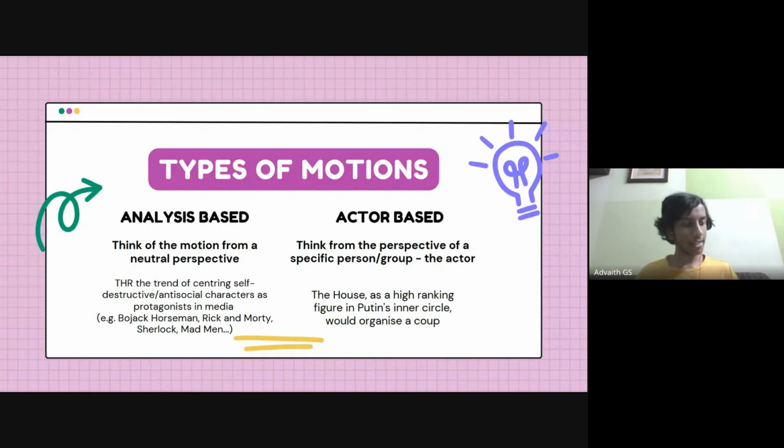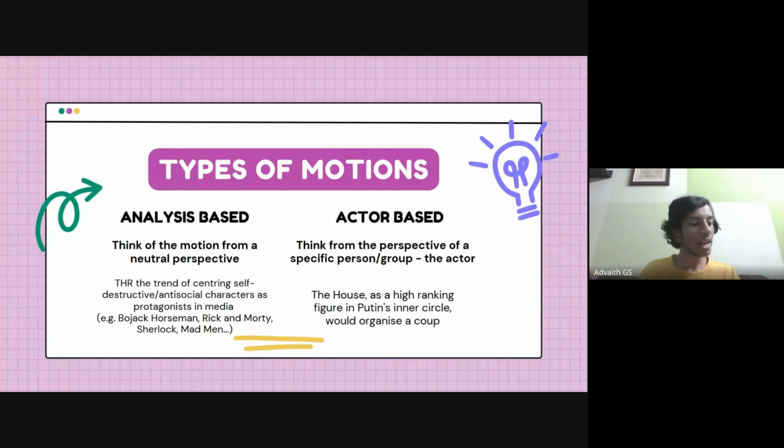Right. So analysis-based motions, you're just analyzing the situation as a whole, and you're trying to maximize global happiness. You're trying to maximize global benefit. You're trying to say that more people are going to be benefited from this, or not benefited from this. If you're able to prove either one of these, then you win the debate. Right? As in, one side has to prove one thing, the other side has to prove one thing. If one side is able to do it better, then that side wins. Right? In an analysis-based motion,